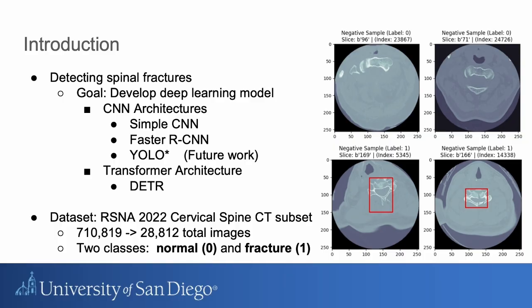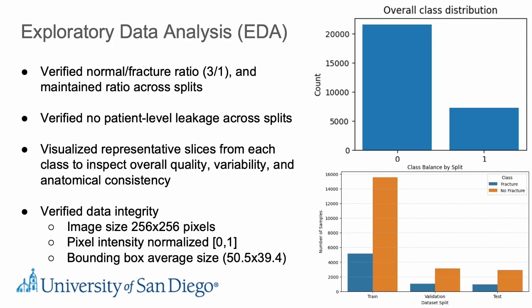The dataset contains thousands of labeled CT scan slices of cervical spine categorized as fractured or normal. We created our own subset of over 28,000 images and hosted it as our own private Kaggle dataset. For EDA, first we verified that our dataset maintained a 3-to-1 normal to fracture ratio overall and per split. We checked that there was no patient level leakage across splits,